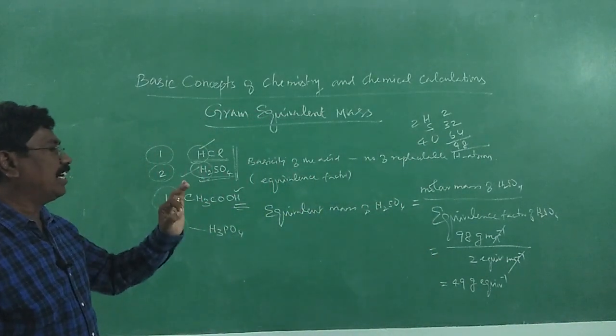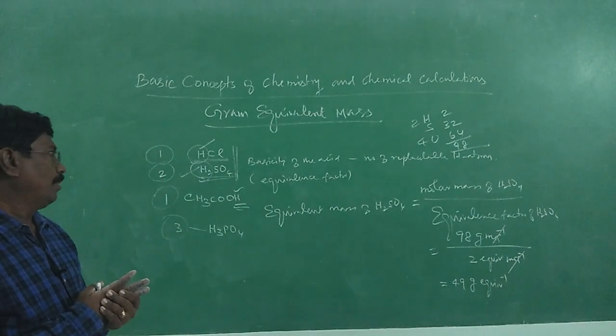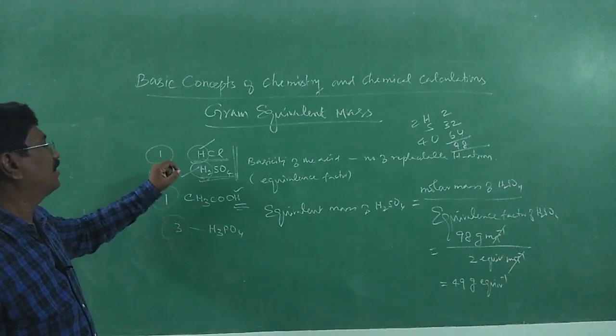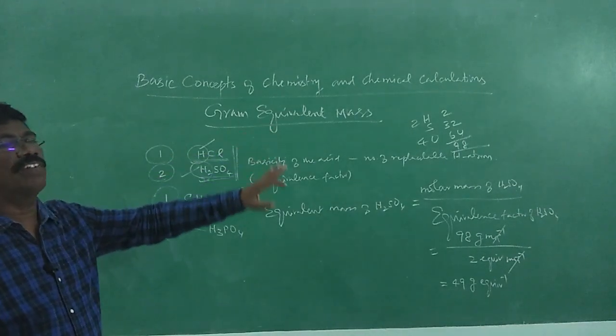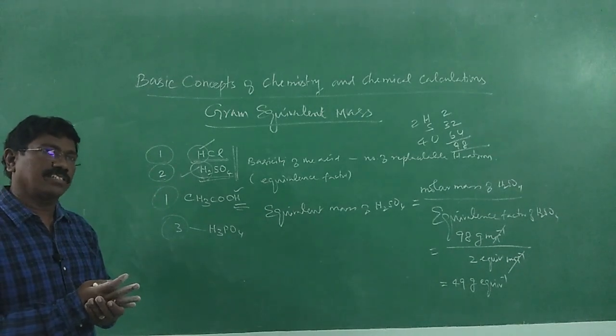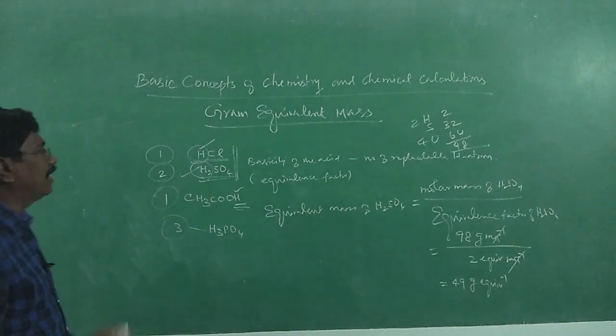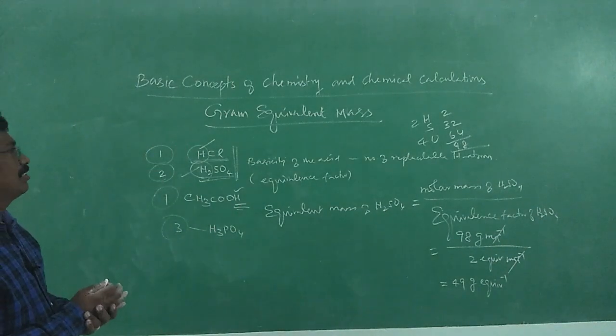So 1 equivalent of sulfuric acid corresponds to 49 gram. That is the meaning. Always 1 equivalent of a substance will react with 1 equivalent of another substance. That is the concept. Therefore, it is used in analytical chemistry to a large extent. Sulfuric acid is done, let me go in for a base.